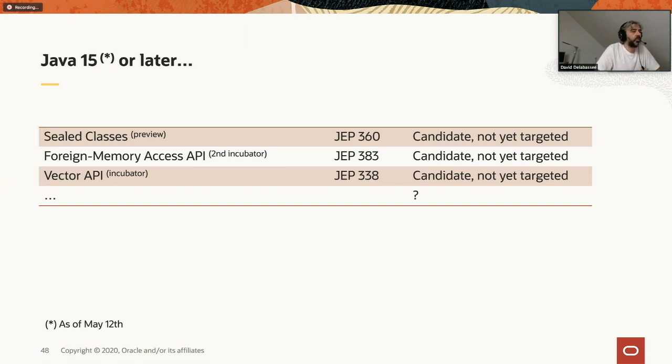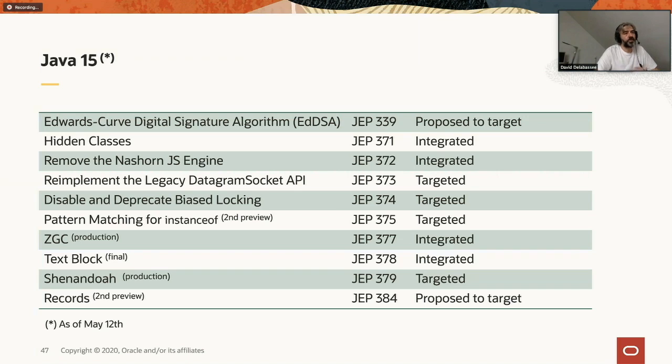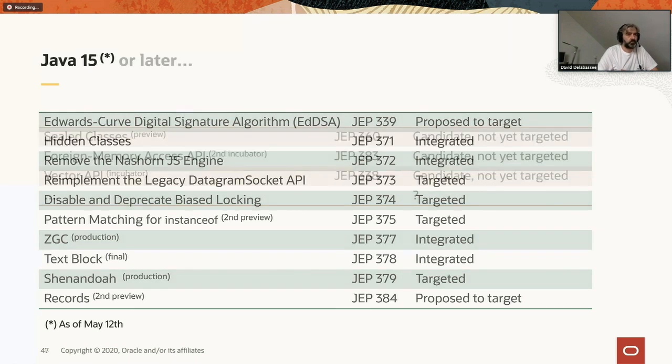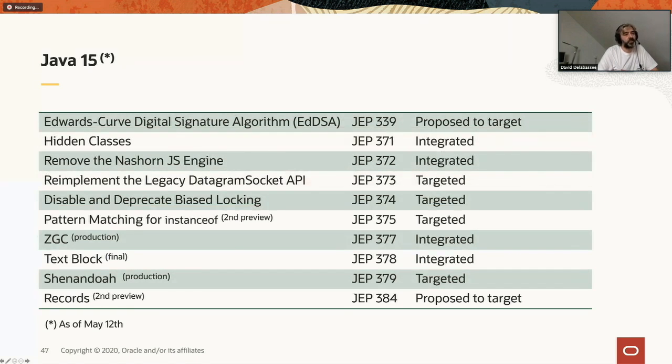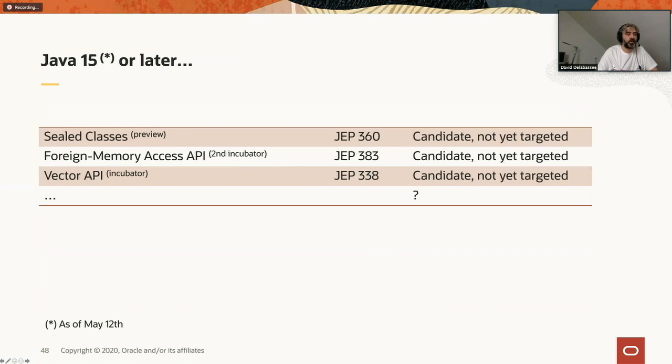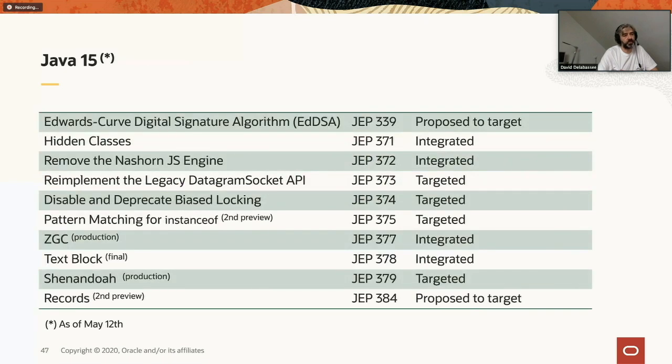So this slide shows the JEPs that are either integrated, so already in the early builds of JDK 15, or they are targeted. Targeted means that we intend to add them to 15, or we propose to target them. That's the first step before we integrate them. So we tell the community, okay, we want to add that to 15. Is there any objection?